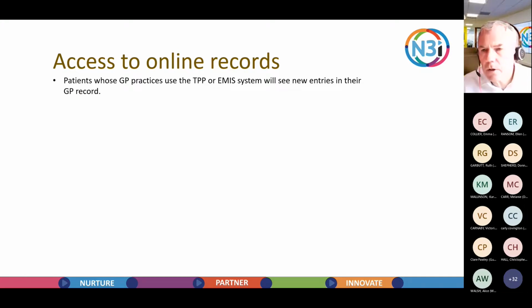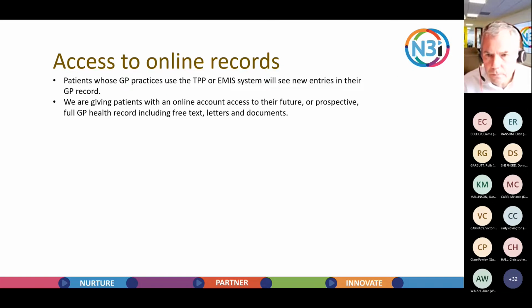Right. This is another little bit I cribbed off the site this morning. I think it's kind of a summary almost, if you like. So as we all know, the TBP and EMIS, which are the only two systems we have in this area, are ready to go on the 1st of November. There are some other systems in use in other areas that aren't quite ready yet, so that's why they've made this point. So 1st of November is TBP and EMIS systems, which for us is all of our systems.